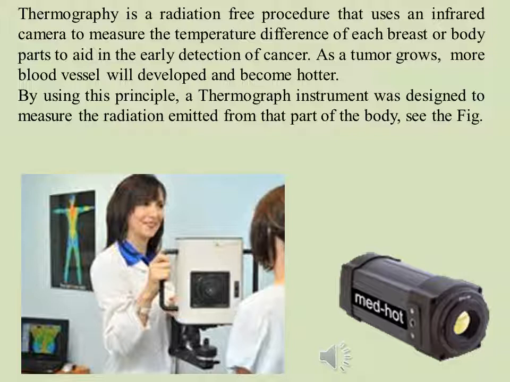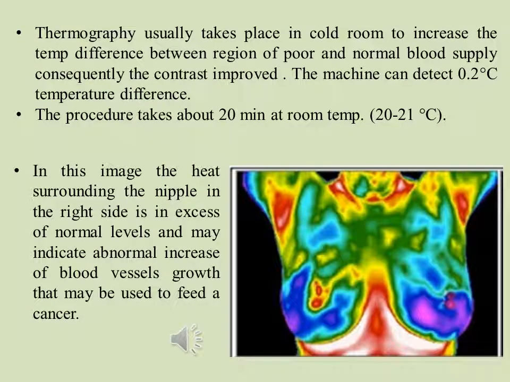As a cancer grows, more blood vessels will develop and become hotter. Using this principle, a thermograph instrument was designed to measure the radiation emitted from that part of the body. See the figure. Thermography usually takes place in a cold room to increase the temperature difference between regions of poor and normal blood supply, so the contrast is improved. The machine can detect a 0.2 centigrade temperature difference. The procedure takes about 20 minutes at room temperature,